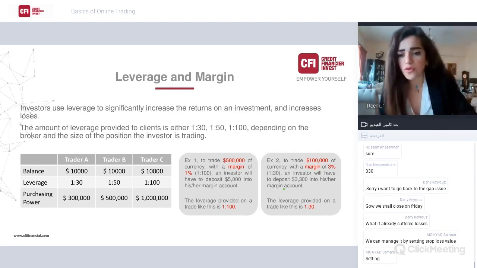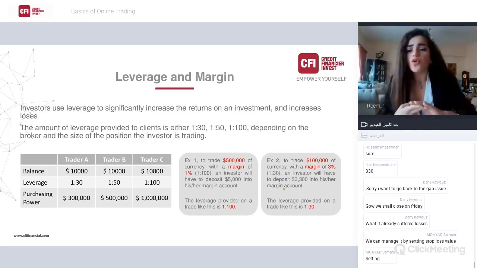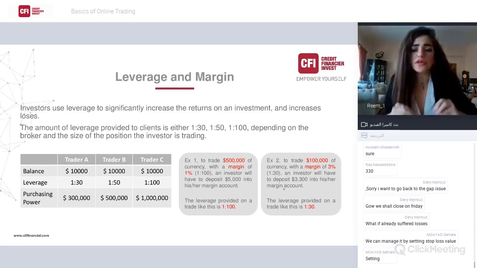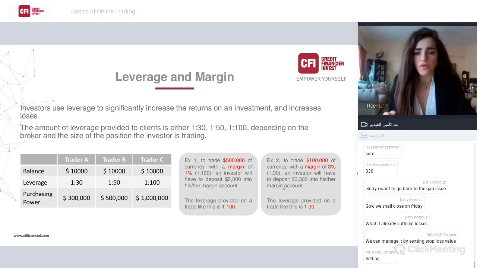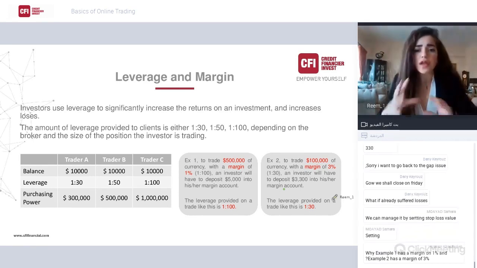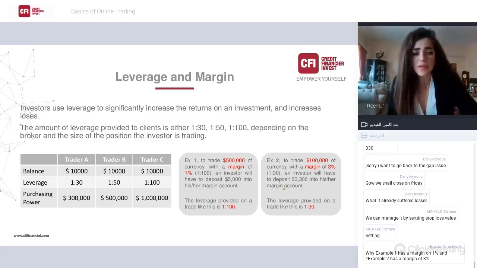And second of all, thank you, Danny, for reminding us, or thank you, Muayyad. You always need to manage your account by putting a stop loss and take profit. But we will talk about this in depth later. But these are two key elements in the market, okay? I just want you today to understand the mechanism of how the leverage, margin, what is the PIP, how to calculate. These small details are very important before we start actually implementing our trades. Okay,